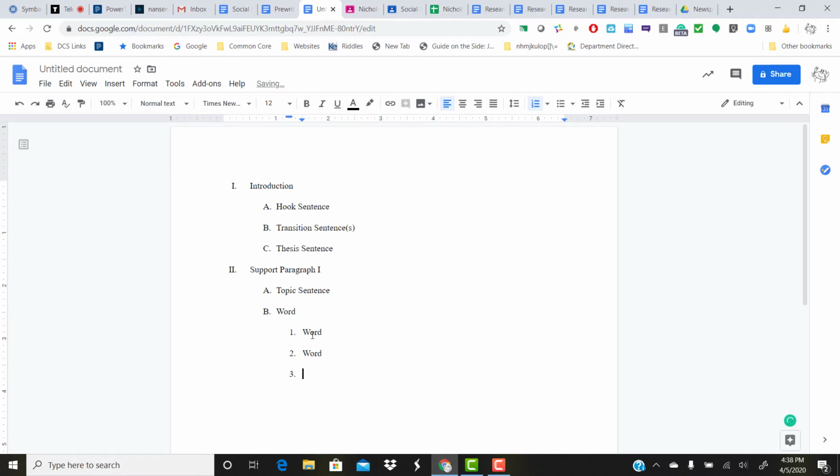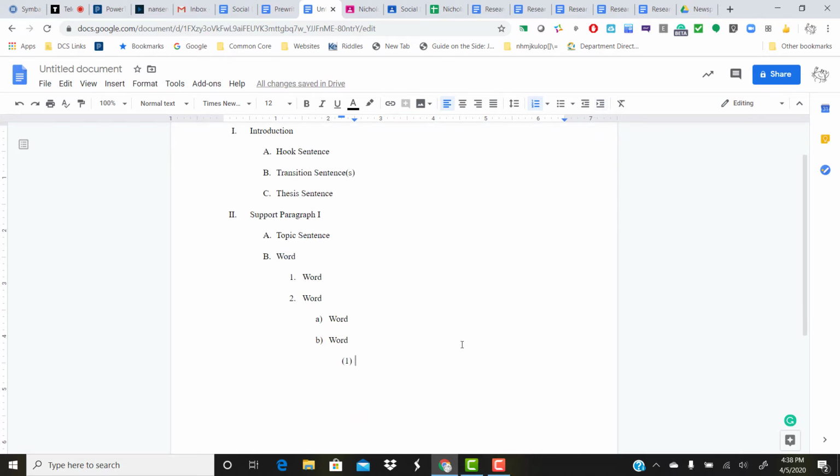Say you want to do a fourth level, indent again, and it has lowercase letters with a closed parenthesis. And you'll never go this far, well, probably never go this far down. But if you want to go to a fifth level, indent again, and it goes to, again, Arabic numerals with parentheses around them. Okay,